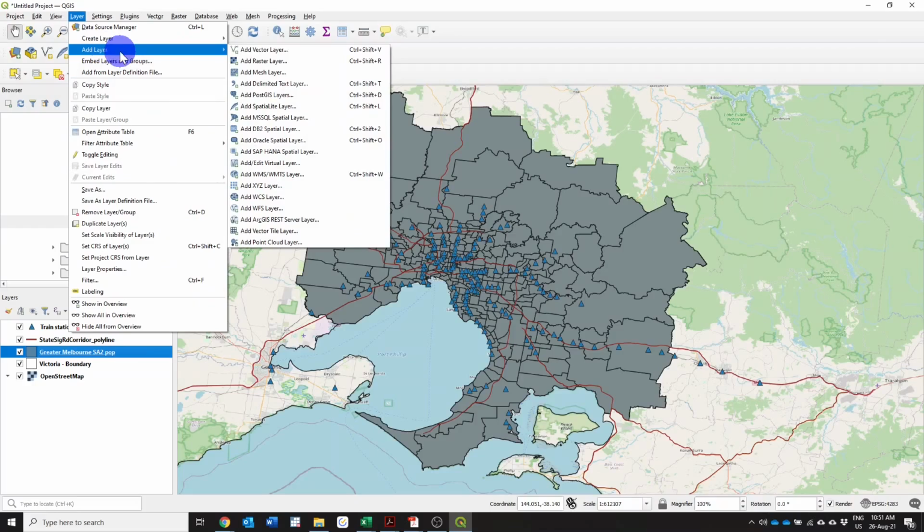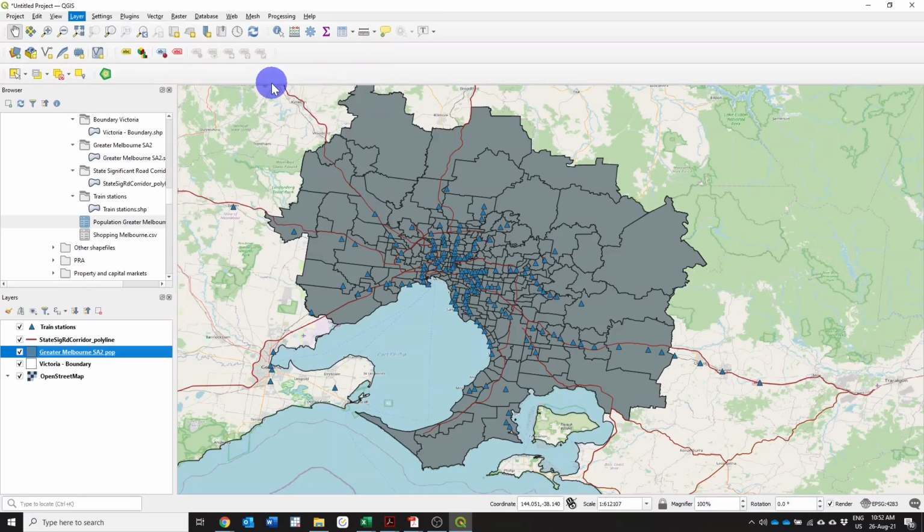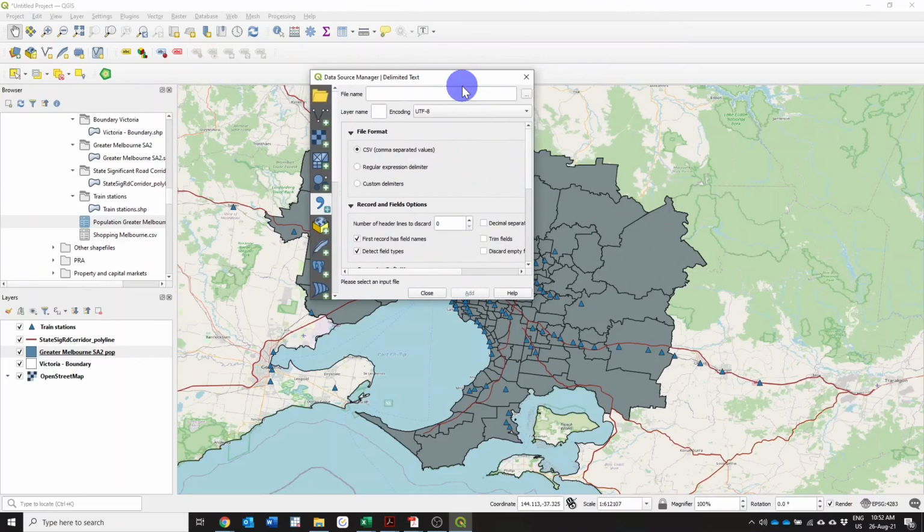Scroll to add new layer, and then in here we will be adding add delimited text layer. Now recall, as I mentioned, that every data that you want to bring into QGIS, for example, if it's in Excel, you should always convert it into CSV before you bring it in. And then we would select